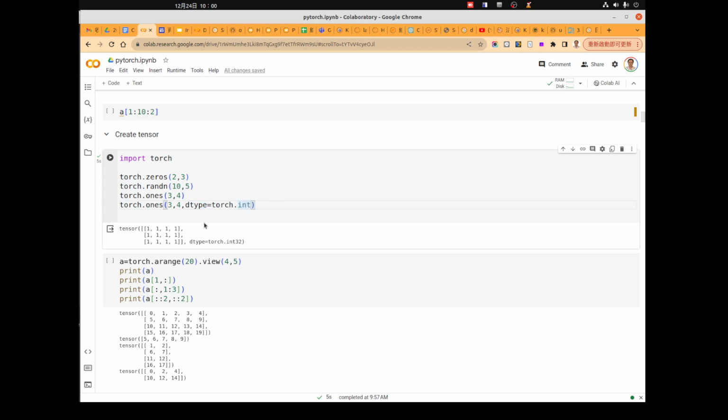So when PyTorch initializes the memory, it will allocate an integer only instead of a float number. For this one, we will ensure that all elements.